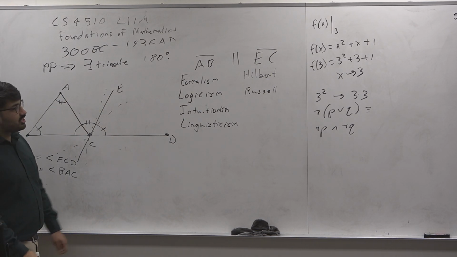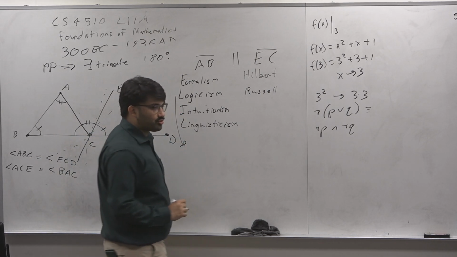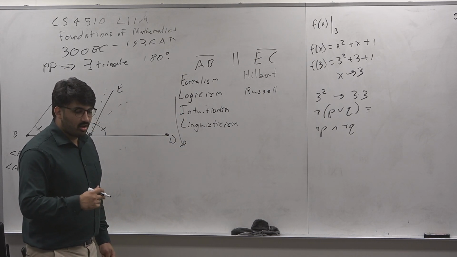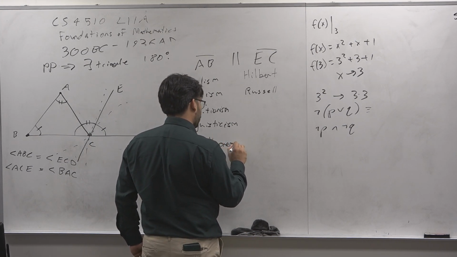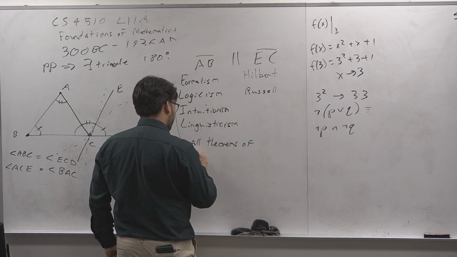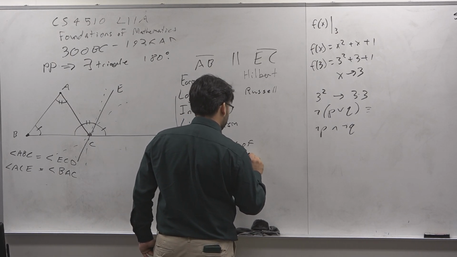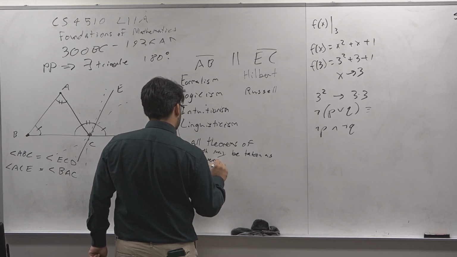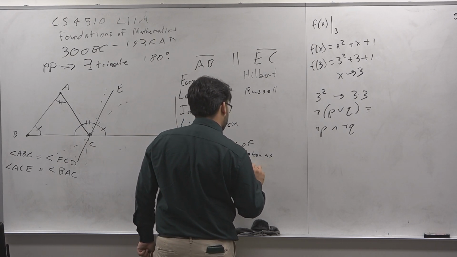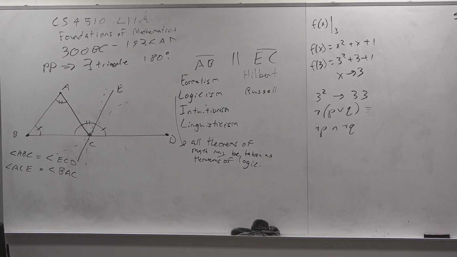Logicism was pioneered by Russell and others, and it's almost identical to formalism, to be honest. But logicism basically says logic is the strongest and greatest tool of all of mathematics. It's like all theorems of math may be taken as theorems of logic. So, this is maybe something you believe today, in the sense that logic is the backbone of all